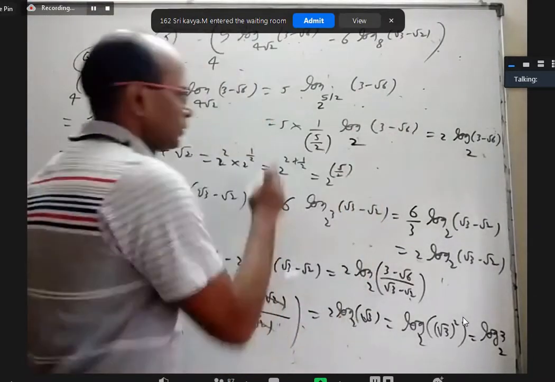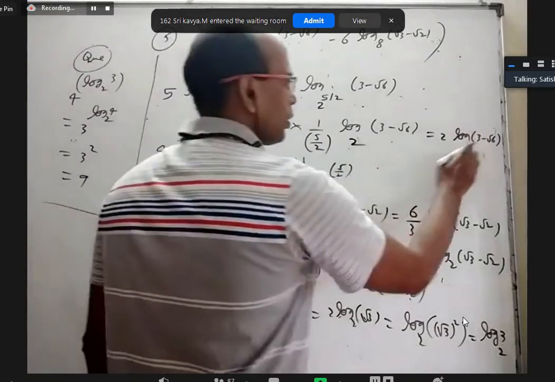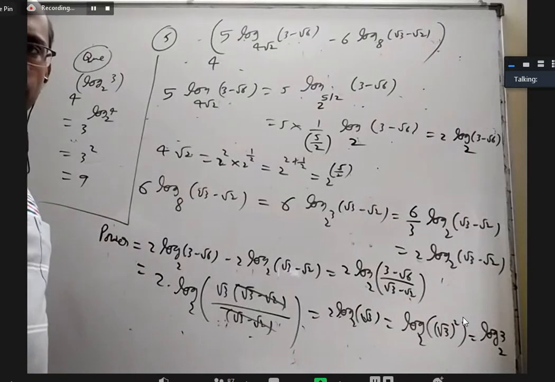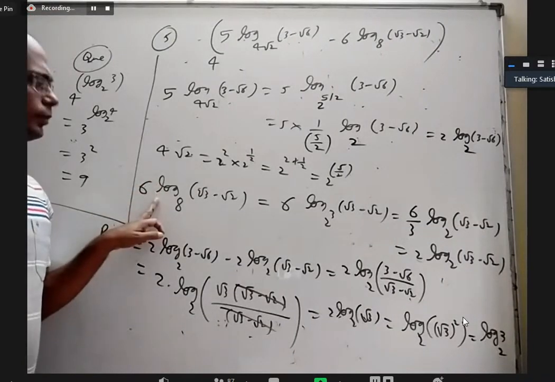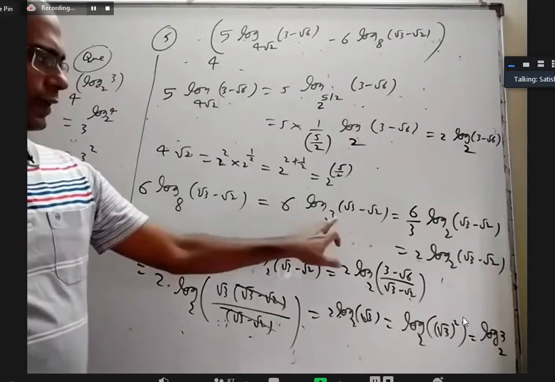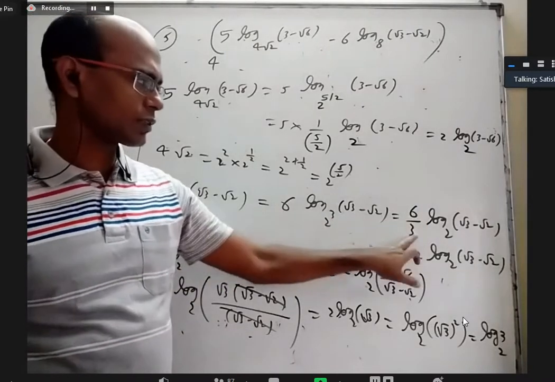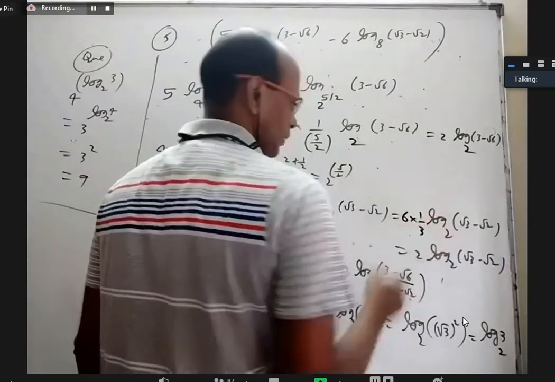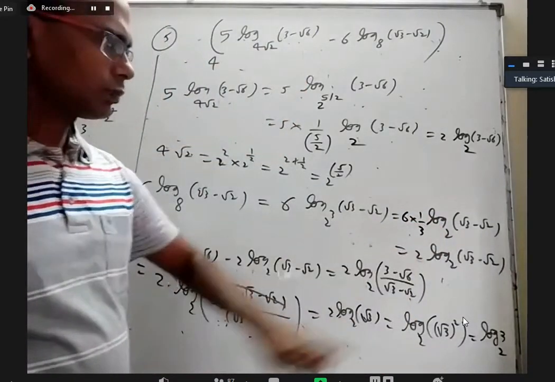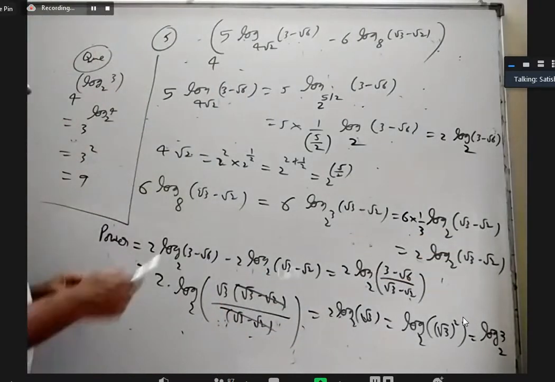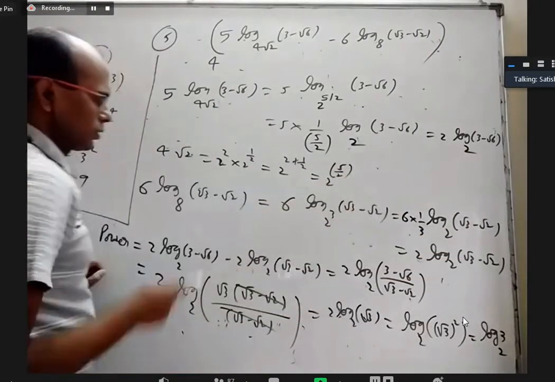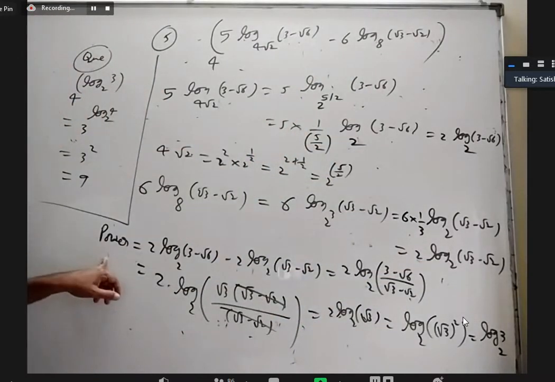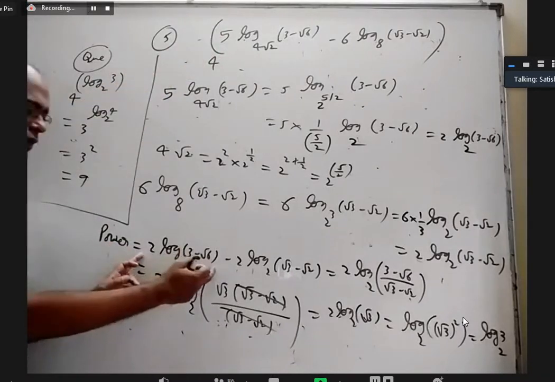3 minus root 6. This 5 and this 5 will go, we get log 3 minus root 6 base 2. That is the first term. Next, second term, 8 I wrote 2 cube. And again, any power here will come out in the denominator. That's why this 6 by 3, or you can write 6 into 1 by 3. 6 into 1 by 3 is 2. So, basically, the first one also came log with base 2. Second one also came with log. Only the power. The first term became this, second term became this.